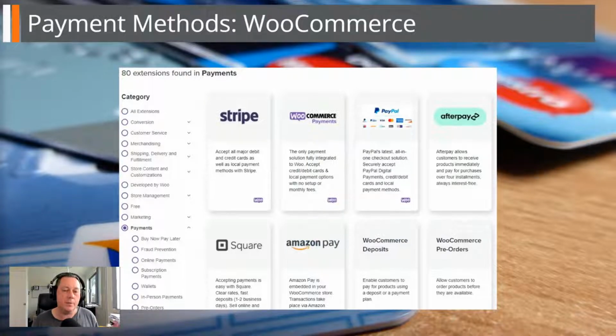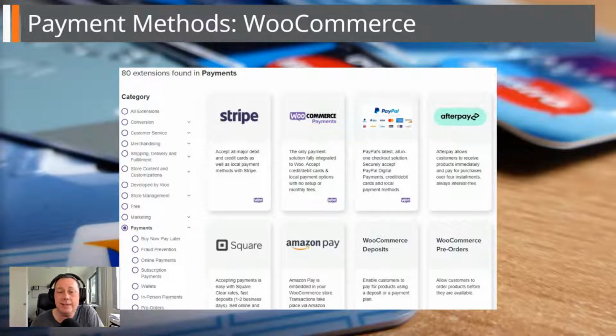But I know that people are having a few problems. It's kind of new at the moment. But looking further ahead of just PayPal and Stripe, there are numerous other payment gateways that you can purchase for WooCommerce if that's what you need to use. A quick browse of the official WooCommerce.com extension repository, and that's the shot that's on the screen just now, shows over 80 results for payment methods.